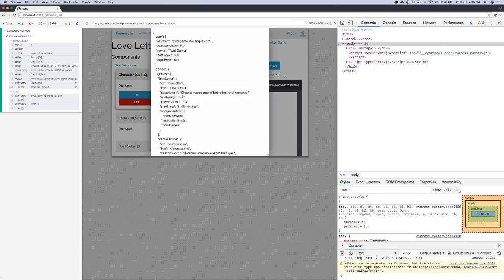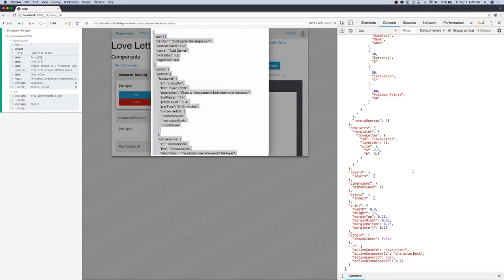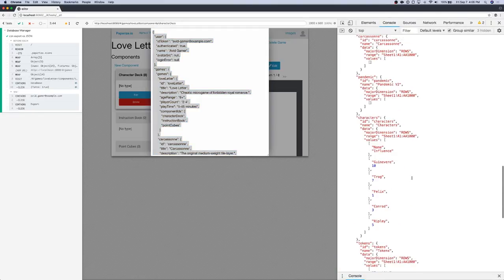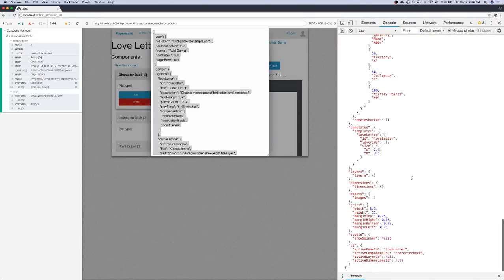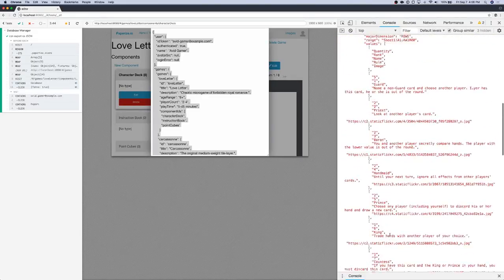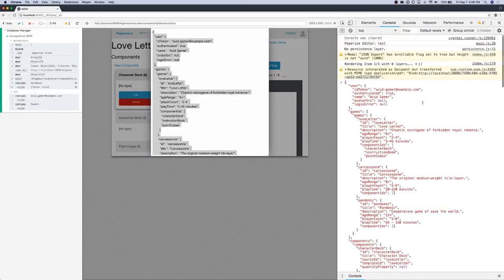There's that, and it selects all. And then I paste it here. That is a database, ladies and gentlemen. The only thing I don't know is if this is relevant. That seems to be